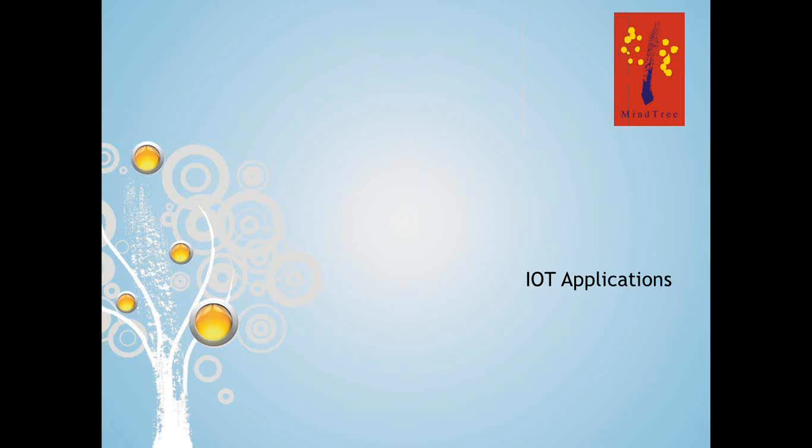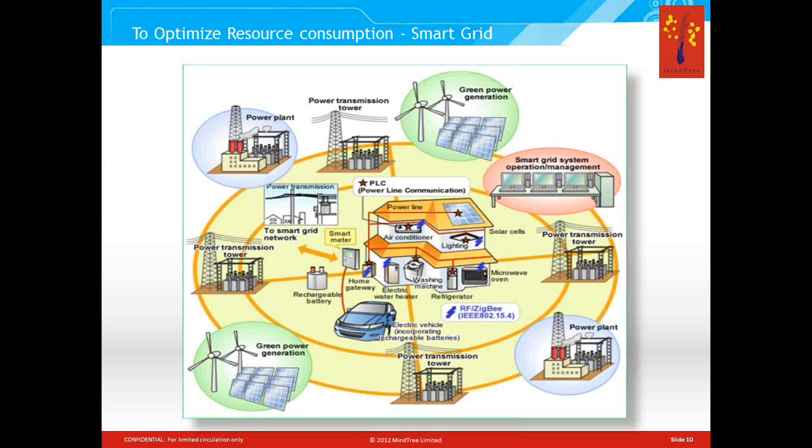So now let us see the IoT applications, some of the applications. The smart grid, this is the first example I'm taking. What is the advantage? This is one example where you can use such a network of smart objects to conserve the resources or to optimize consumption of the resources. And the smart grid is a classic example of